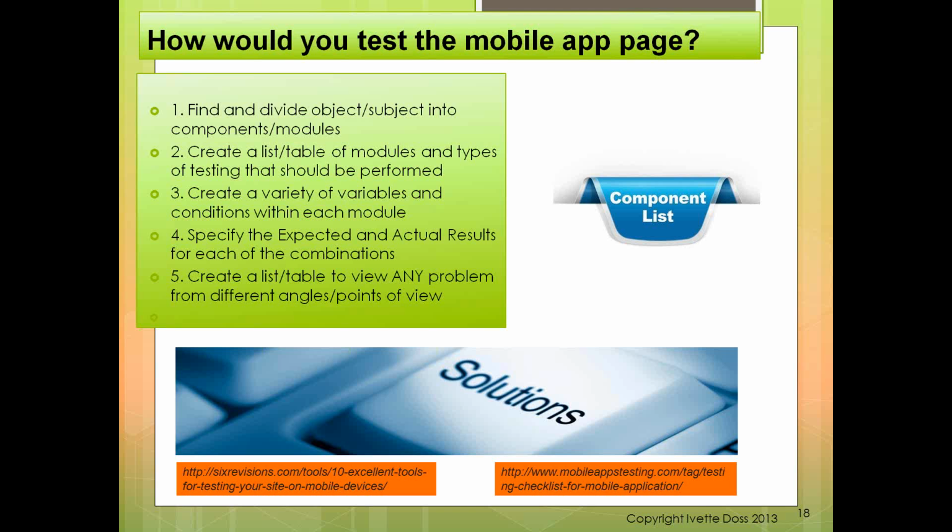One column will be functional testing, one column will be usability testing, one column will be interruption testing, connectivity testing, whatever testing you remember, mobile related or not. It will be a full line with columns. So you create a table. Then you take another component, the trunk, and you do the same.